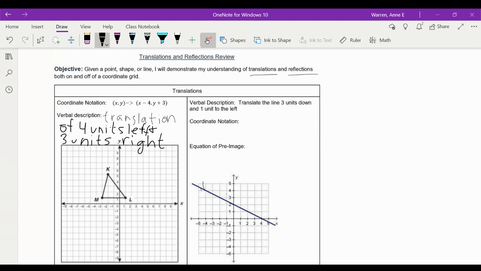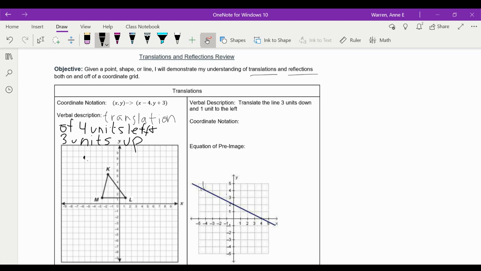Yeah, so after this, we already have this verbal description. I'm going to go ahead and translate each point on triangle KML one by one. So I'm going to start with K, and I'm going to translate that point 4 units left and 3 units up. Wow, I wrote right. Let's fix that. See, I was so distracted by my pen not working correctly. 3 units up. So when I translate K, 4 units left and 3 units up, that point ends up